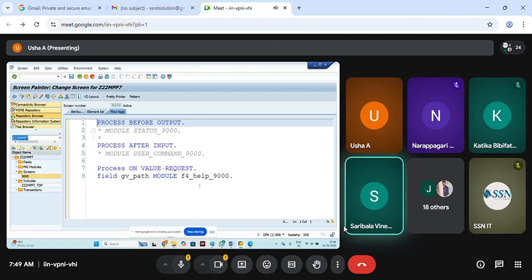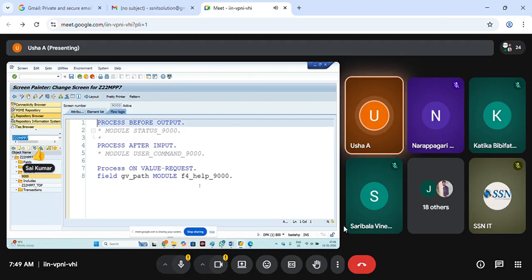Yes, ma'am. So this is about F4 help. If the table has the help, it comes automatically. If it is not having any help in the table but it's a table field, you can create a search help and assign it in the attributes tab. If it is not at all a table field and you can't create a search help, but you want to write some other code, then you can use the event called PROCESS ON VALUE-REQUEST.